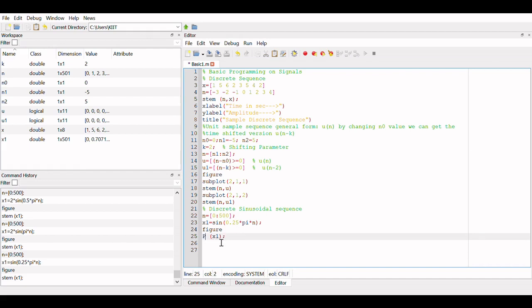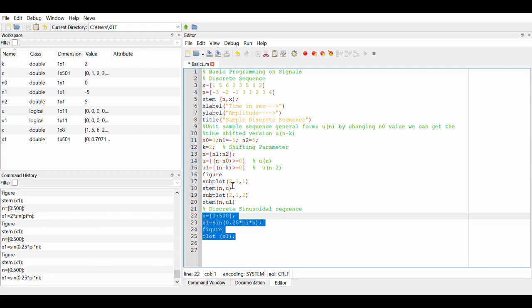If you do the plotting over here, then you can easily visualize that this is nothing but a sinusoidal wave, very closely spaced. If you enlarge it, you can visualize this is a sinusoidal wave.